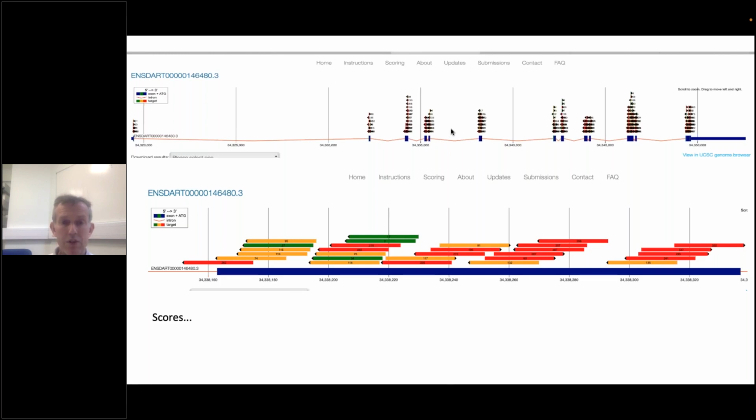So you need to make a note of which exons you actually want to target. And then you get a view like this. And here you can see different guides that have been designed by ChopChop, and they have a scoring system where the green ones are the good ones, the red ones are the bad ones, and the orange ones are the ones in between.